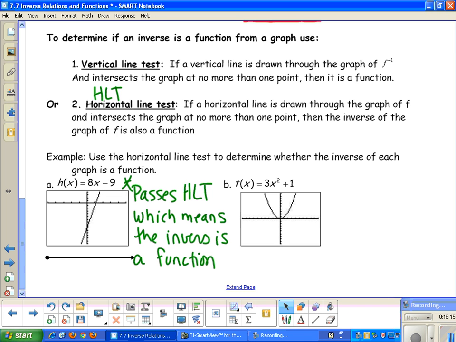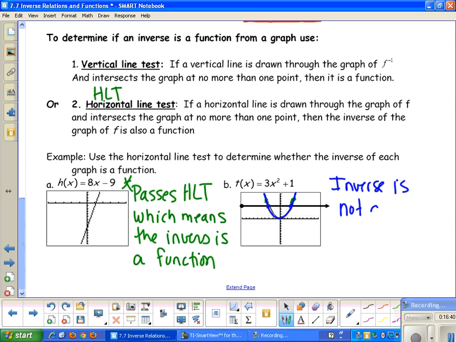So now if I go to the next one over here, if this is my original equation that I have, notice right here, this hits in more than one spot all over my graph, so it hits there, and then if I moved my point here, then it would hit here, and it hits on both sides, on this side and that side. Because it's hitting in two places, I know that the inverse is not a function because it doesn't pass